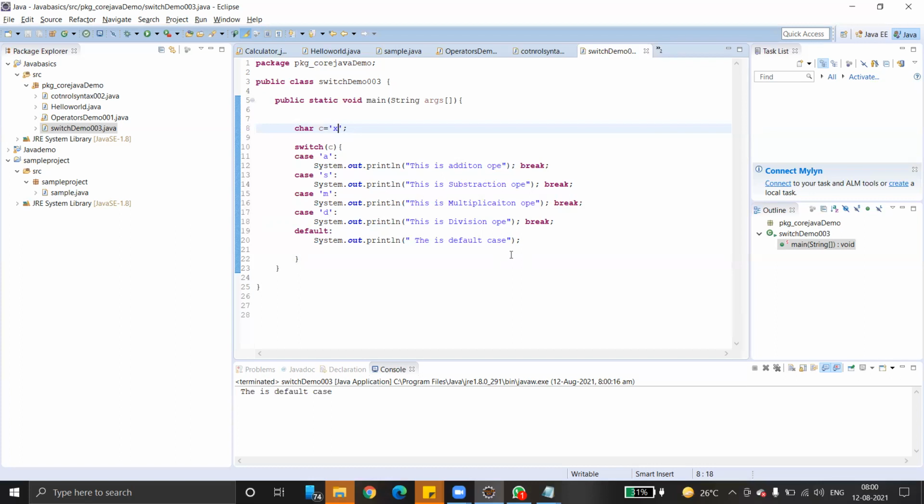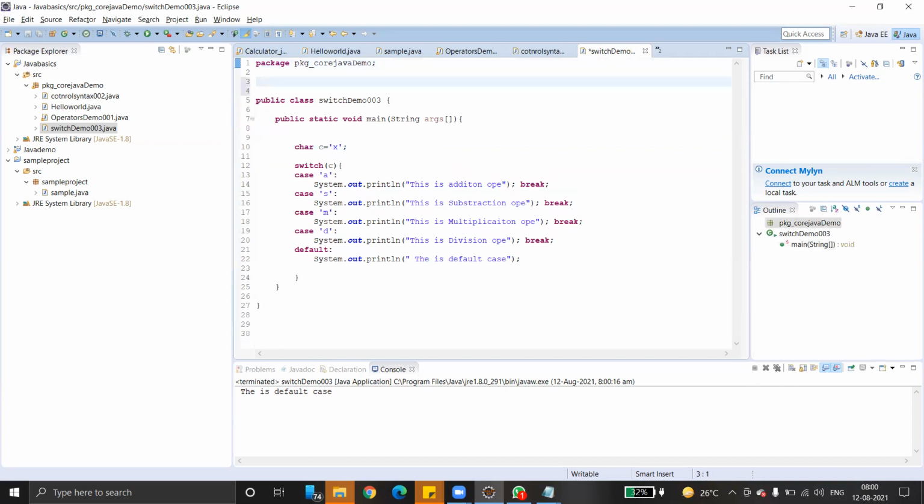We can take user input also, right? If you want multiplication M, it will go to multiplication only. That we can do, no? So how to do that? Tell me. So that's what I want to ask. Basically Java has a package called java.util, where one of the classes is the scanner. By using scanner we can scan the character and enter it basically.